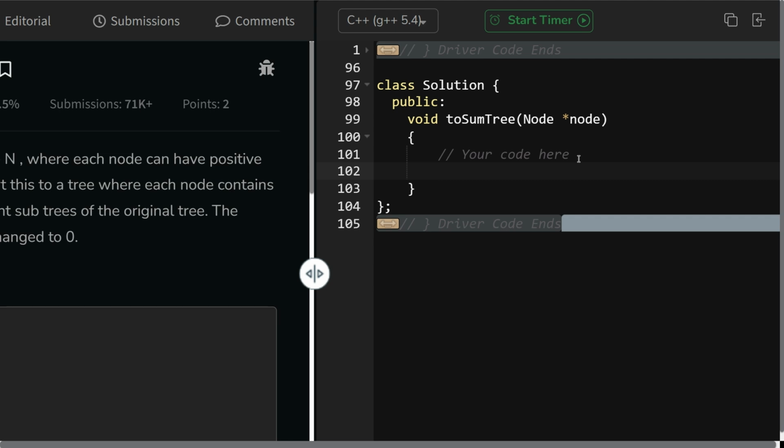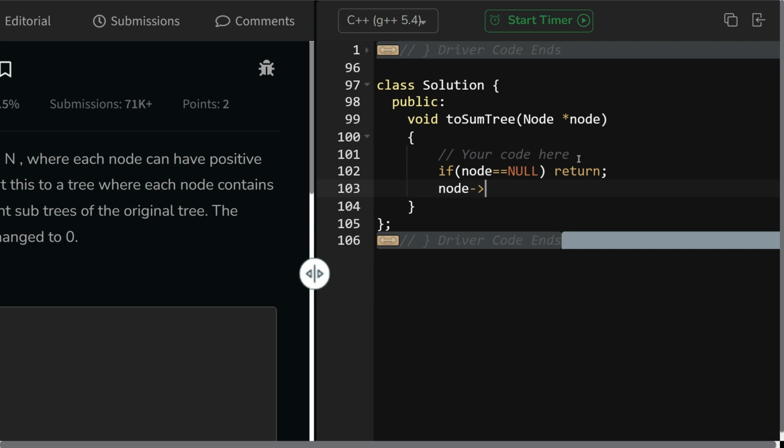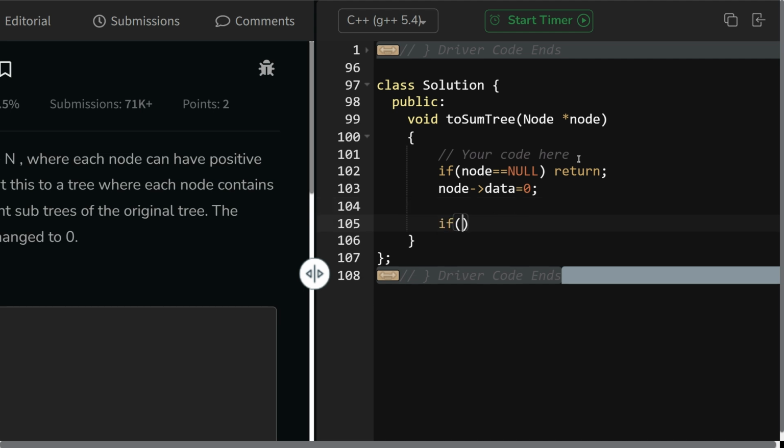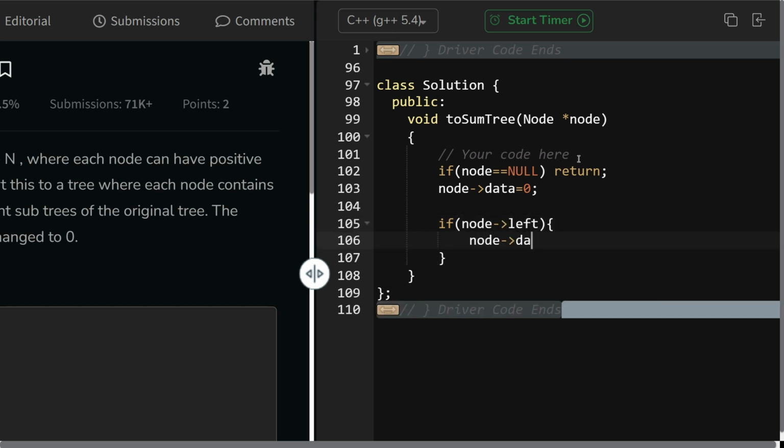Okay, moving on. First of all, change your data. So node, okay, if my node equals null, this was the first case, right? Return. I cannot do anything for you. Otherwise, node data will be first initialized with 0, because the true root of the whole subtree given to us as input doesn't actually have significance, right? Now what will happen? If node left is not null, then what will happen? First increment the data. So node data plus equals node left